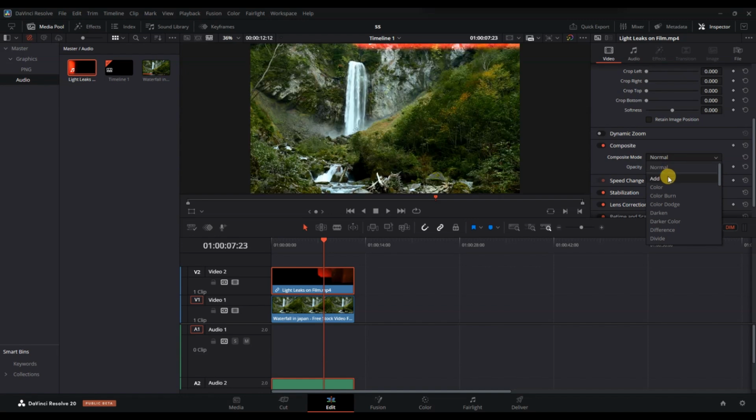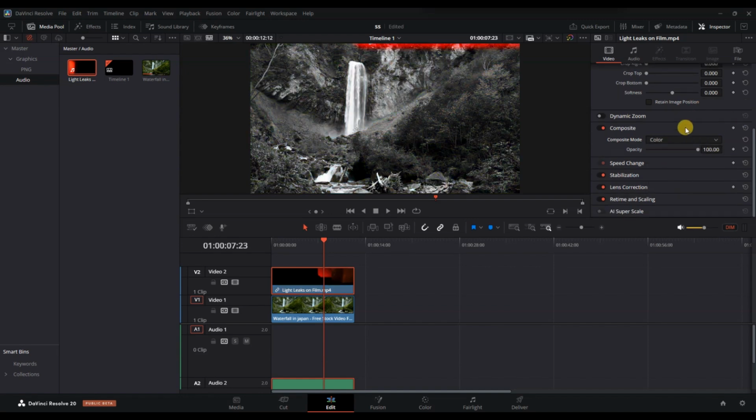After that, adjust the opacity or blend level if the effect looks too strong. You can also trim or move the light leak clip to match it with a specific transition or movements in your video. If you want to take it a step further, go into the color page and add some color